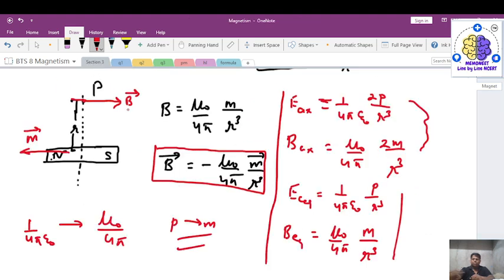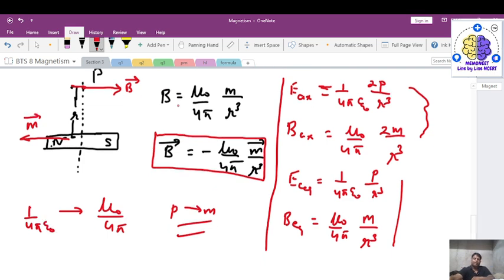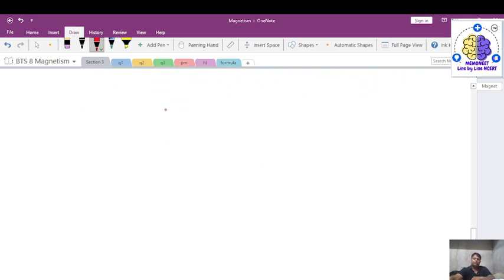So this was how a bar magnet was similar to an electric dipole, and we consider this bar magnet as a magnetic dipole having different poles at two different ends. So if we are treating a bar magnet similar to the electric dipole, but the variables and the proportionality constant have changed, we will treat it further similarly. If you remember that